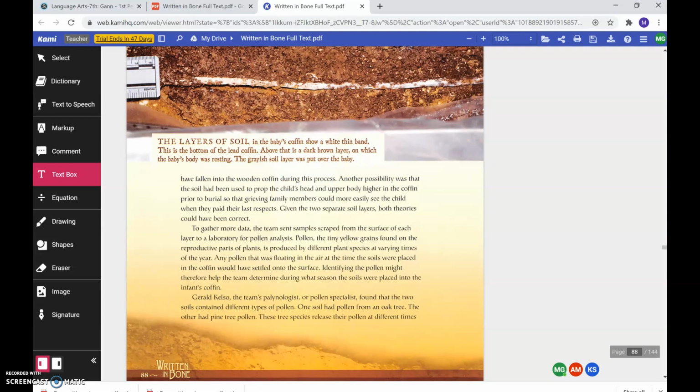To gather more data, the team sent samples scraped from the surface of each layer to a laboratory for pollen analysis. Pollen, the tiny yellow grains found on the reproductive parts of plants, is produced by different plant species at varying times of the year. Any pollen that was floating in the air at the time the soils were placed in the coffin would have settled onto the surface. Identifying the pollen might therefore help the team determine during what season the soils were placed